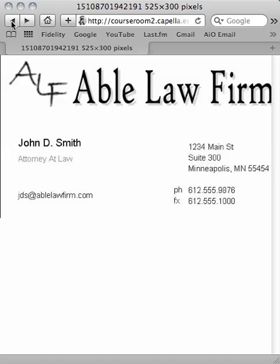Able Law Firm. You've got some decent proximity, as Williams describes it, going on here. The street address separated off, the phone number separated off, attorney and the title, but I'm not convinced that all these fonts are working that well together, and that this